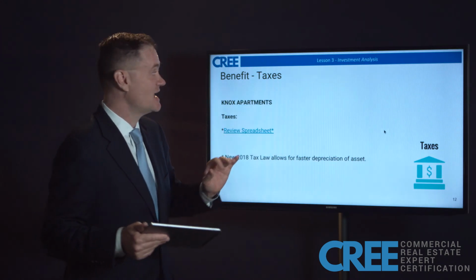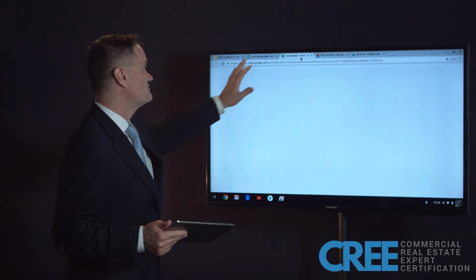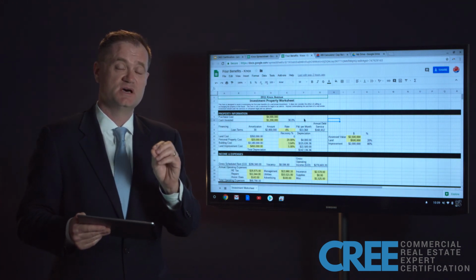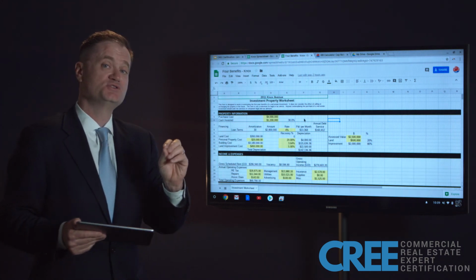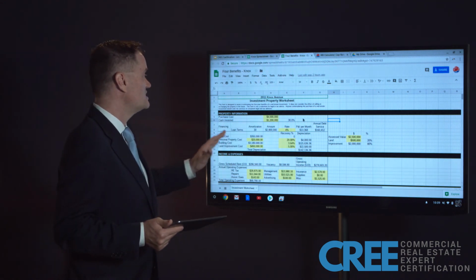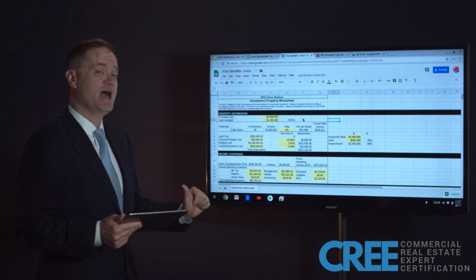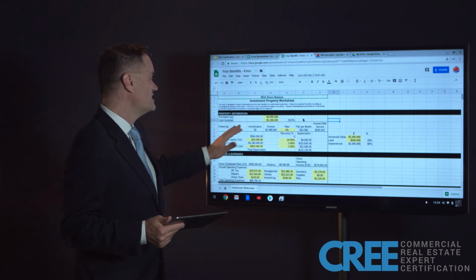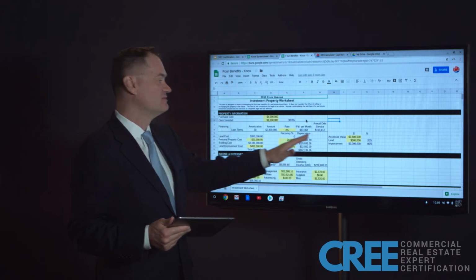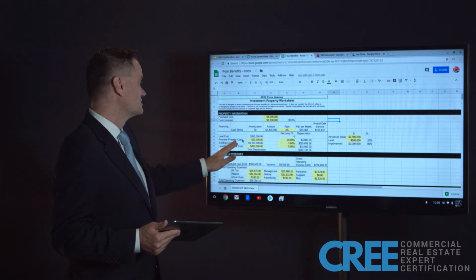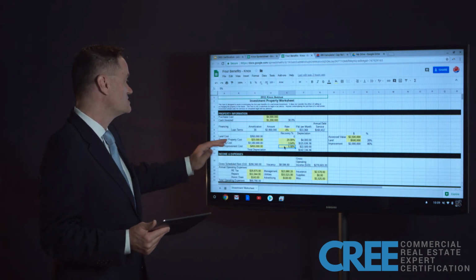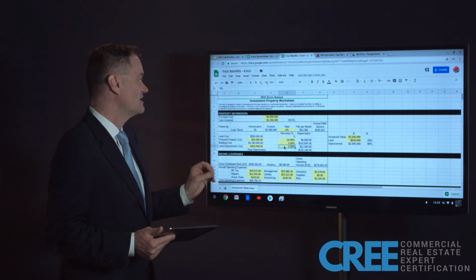We're going to go ahead and take you to another tab, which is the 4 benefits of owning investment real estate. So you have 2 tabs in your resource center. One is the Knox spreadsheet, which is the main Knox spreadsheet we just went through, and the other is the 4 benefits tab. And this is essentially a very similar tab to what we currently did, but this breaks down based on the percentage of land to building, and it actually looks at the land cost that we've estimated, how much personal property is in the investment, the building cost, and then the land cost,